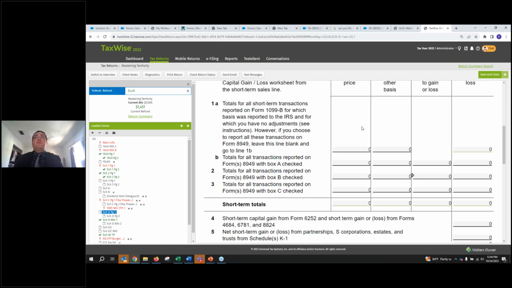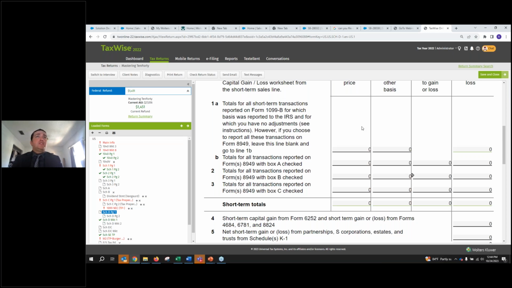And going through the process of inputting thousands or even hundreds of transactions one by one, that can be a lot of work. That can be a huge time sink that can really minimize your value, minimize how much you're making per return. Now, what the IRS has done, and this is a very good thing in my opinion, is they now allow you to just go ahead and